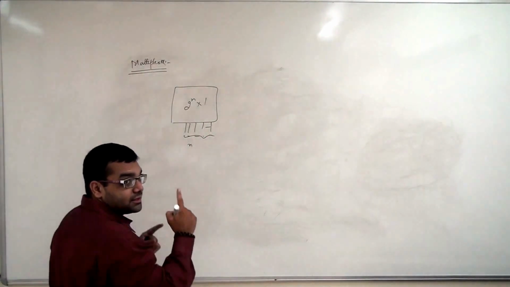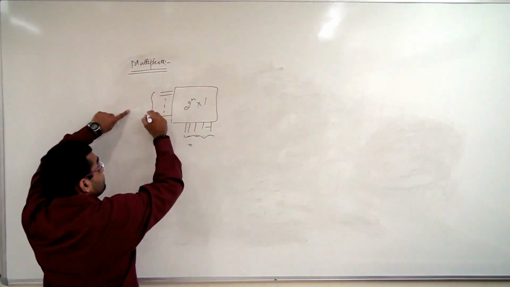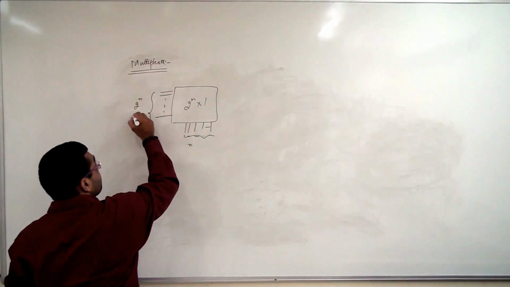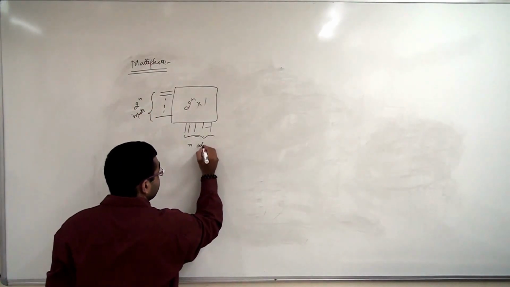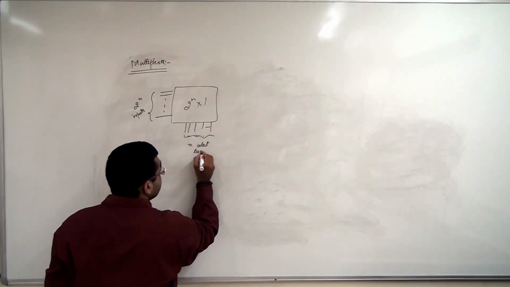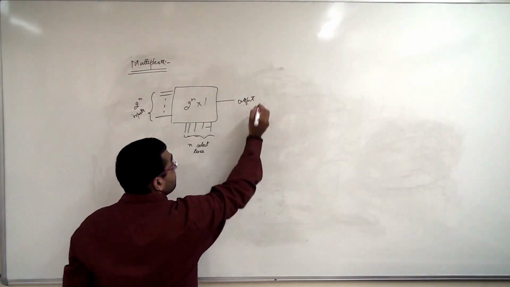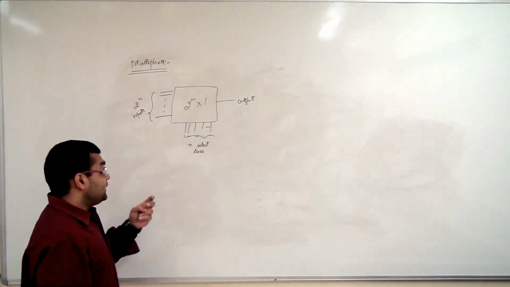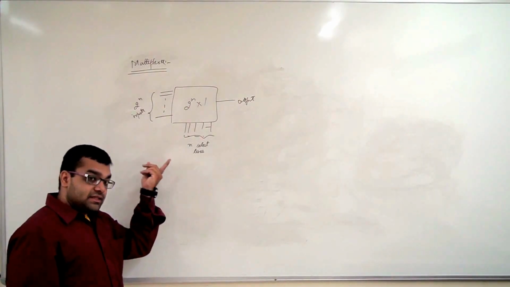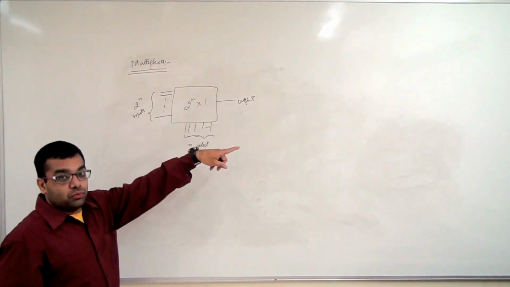Now what is this actually? These 2 to the power n are the inputs. We have n number of select lines and a single output. Now what is the use of these n select lines? What is the input and output? The value or combination of n select lines determines which input value will go to the output.